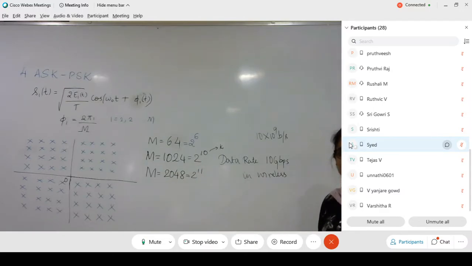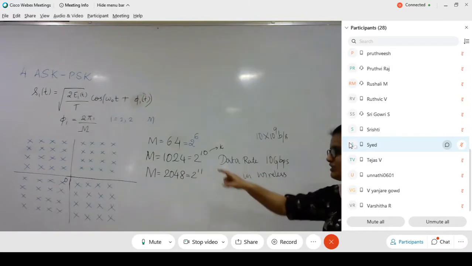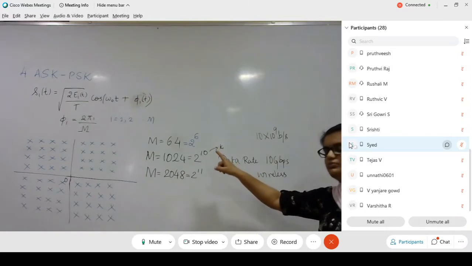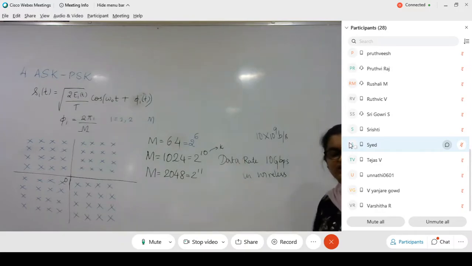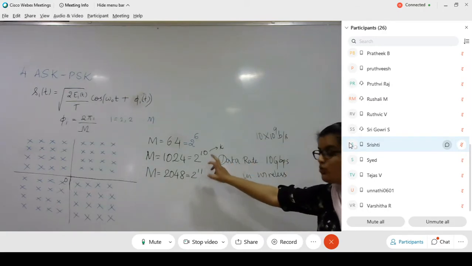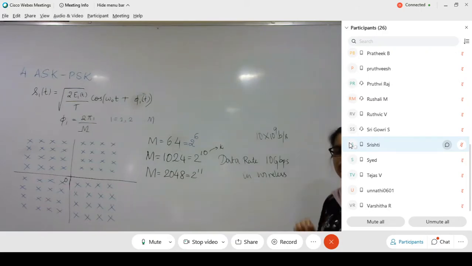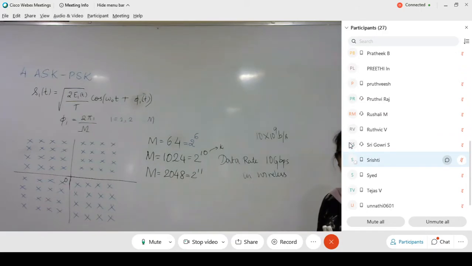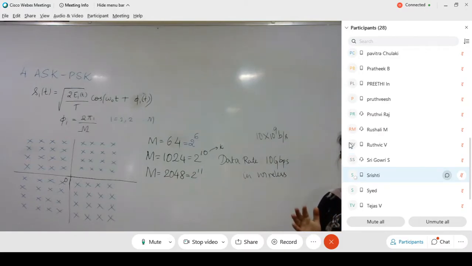But there is also a disadvantage. If your detection method is not identifying the symbol properly, then you lose the entire 10 bits. But the advantage of this particular modulation is that it is capable of handling more bits per symbol. Therefore, it will consume less bandwidth. Whatever information we have, we can send all of it within less time and consuming less bandwidth.